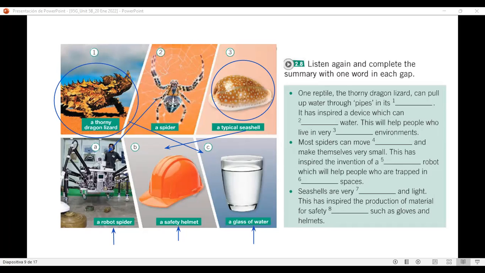You see, what I'm really interested in is what this little creature can teach us about collecting water. OK. So, as I said, this lizard lives in the desert in Australia, and as you know, it's an incredibly dry place. But this lizard manages to live there very successfully, and we've discovered one of the reasons for this.